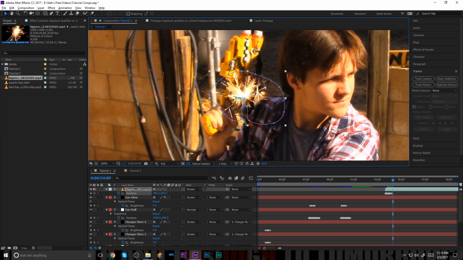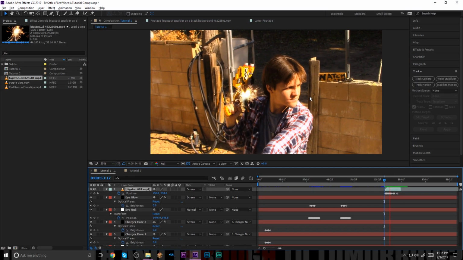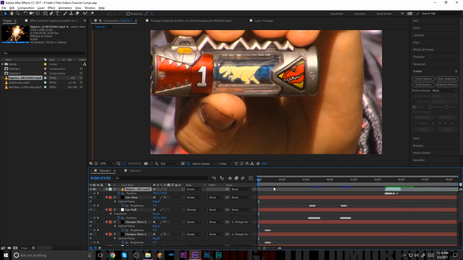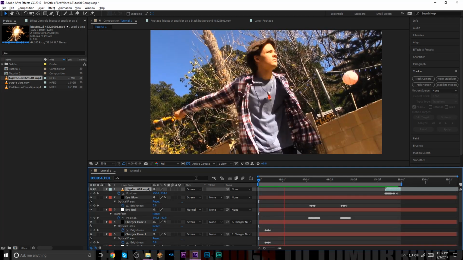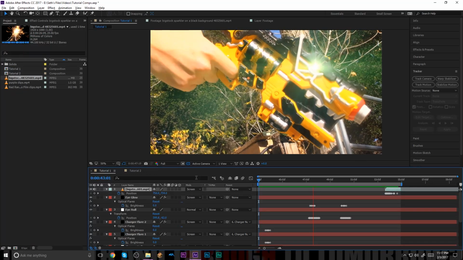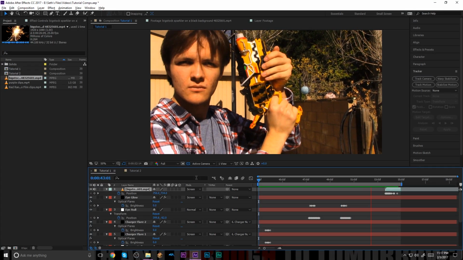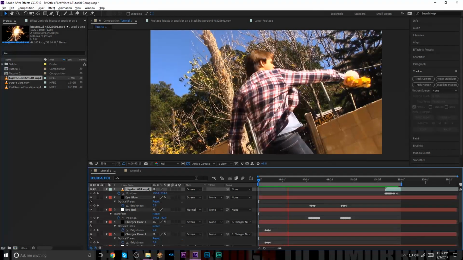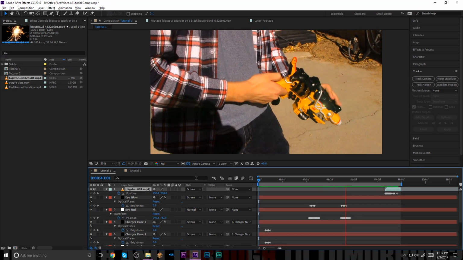It wouldn't be the worst thing in the world. I probably should do it, but I just find it way faster to do it by hand. And then after that, we're done. That's it. That's all I do when I have to do a morph. So if we just play back here, you can see all the effects are done, and this whole thing took me like half an hour to do,